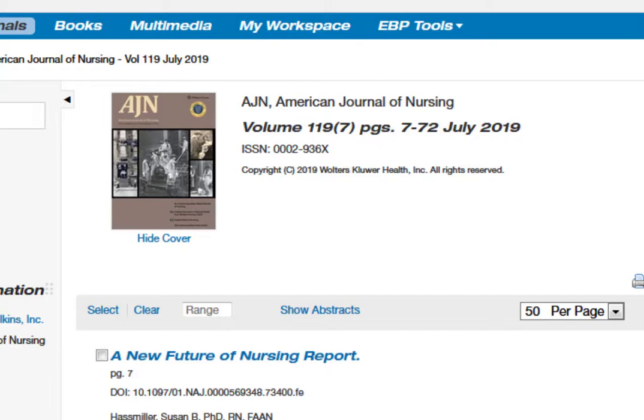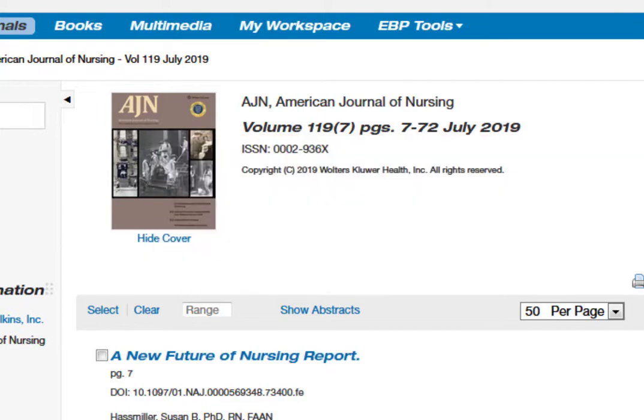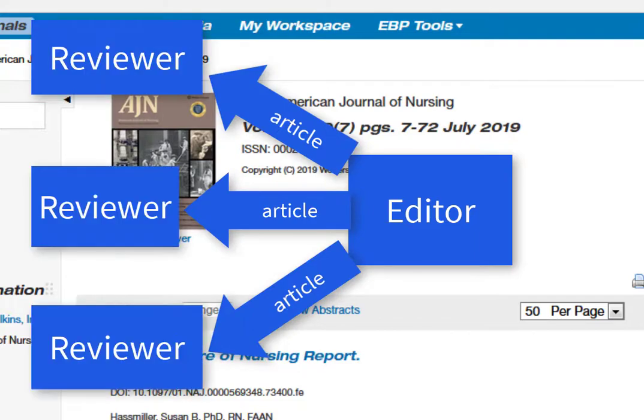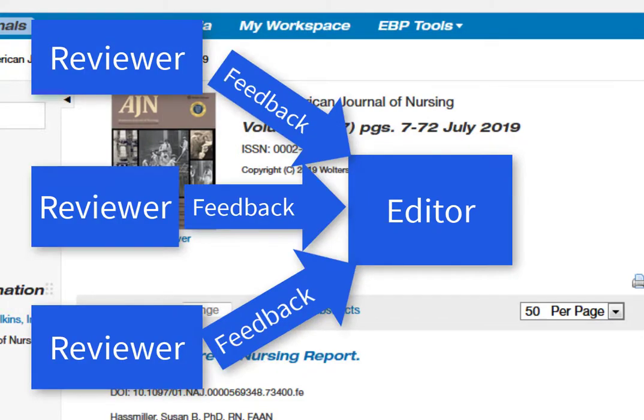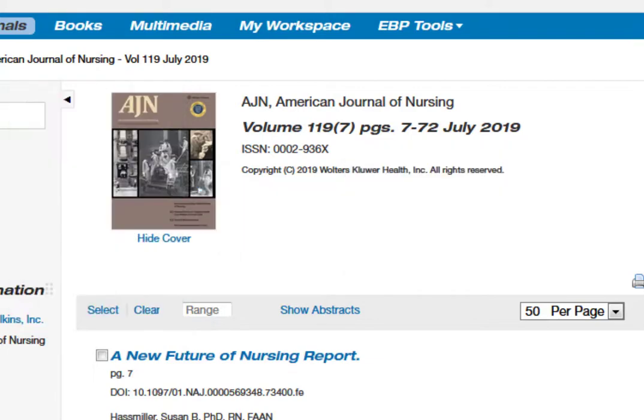Scholarly journals exist to publish original research, that is, new knowledge about a topic. Because it is not always easy to judge the validity of original research, most scholarly journals are peer-reviewed or refereed. This means that submissions to the journal are read and reviewed by a number of experts in the field, who send their feedback to the editor, who then makes a decision on publication. Frequently, articles are accepted pending revisions. This process ensures a minimal bar that an article must reach before it is published.